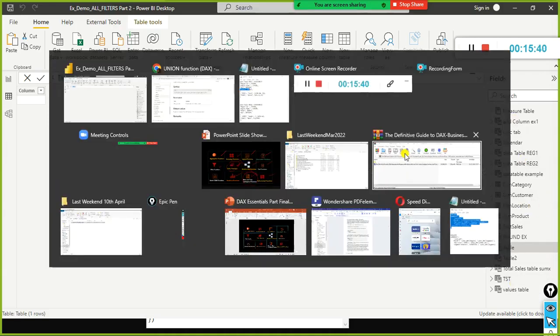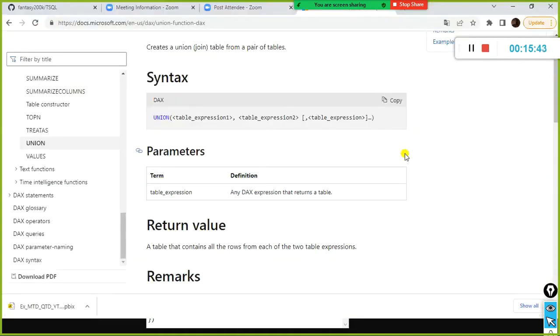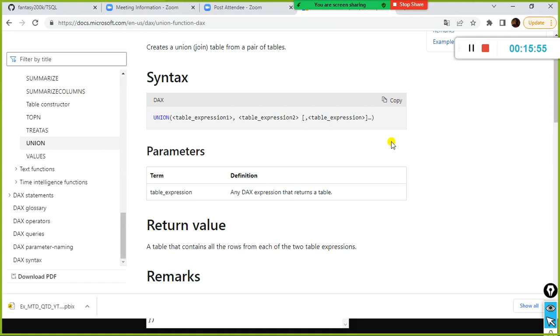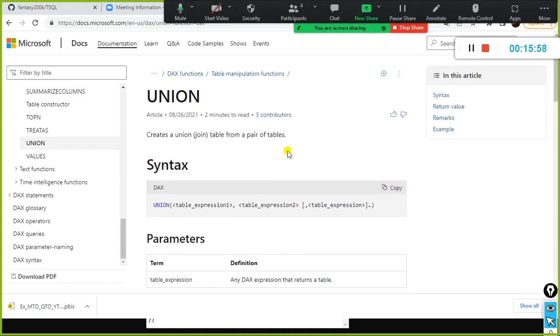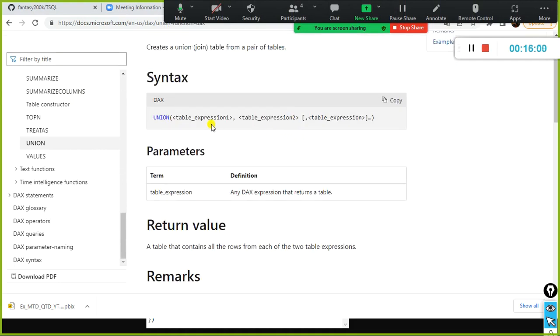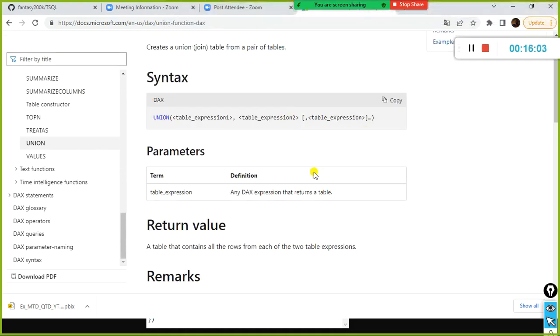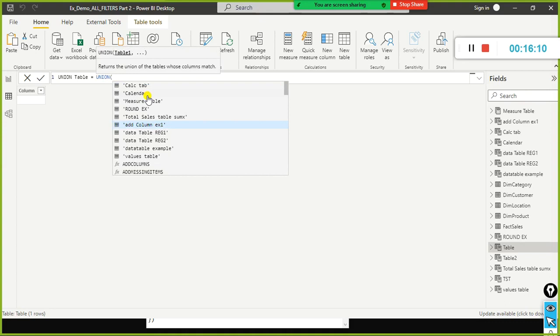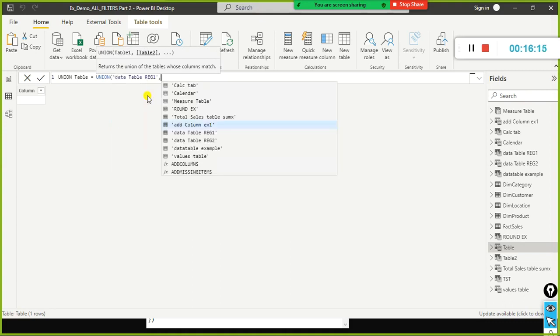Now the question is, in Power Query editor also I can do the union, intersect, everything, and DAX also I can do that. So what is the difference? Union table. So look here, in this case it creates a join from a pair of tables. Okay, table 1 and table 2. You can specify here table 1, table 2. In our case, what is our table? Before that, you need to use the union function. Here the tables are data table reg1 and data table